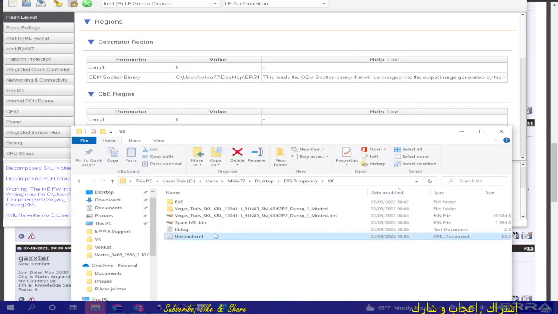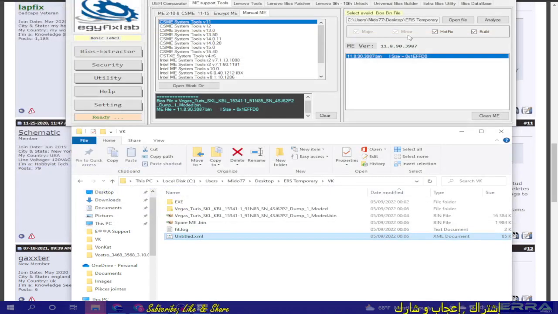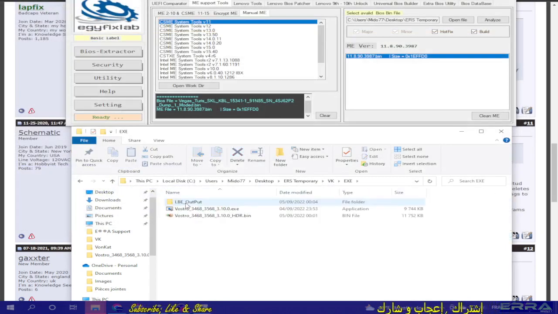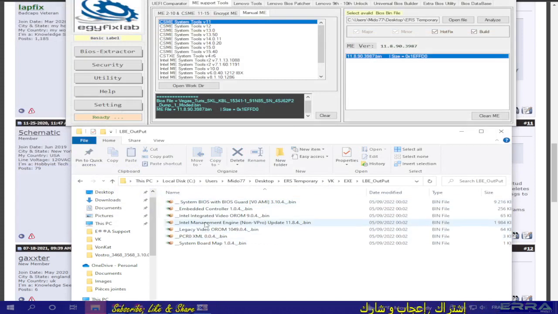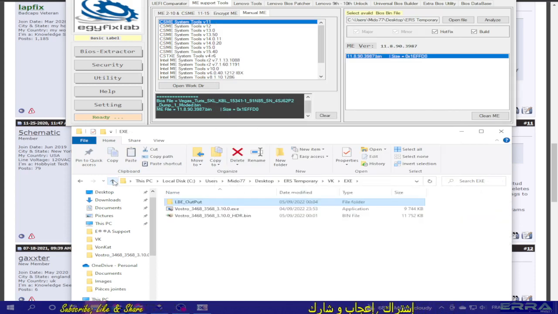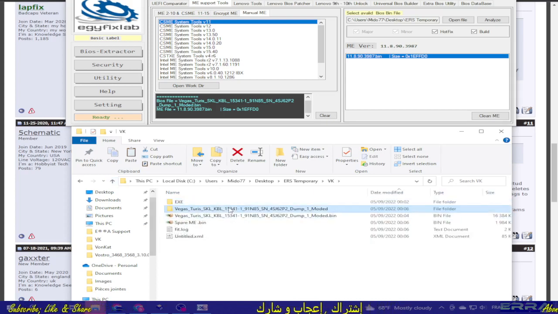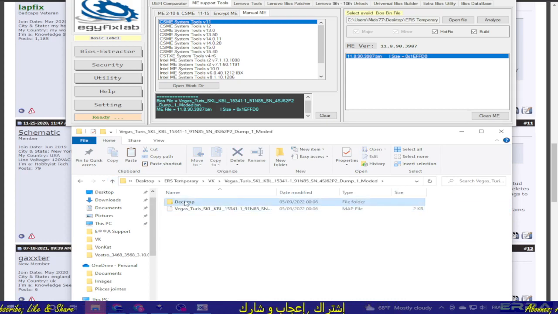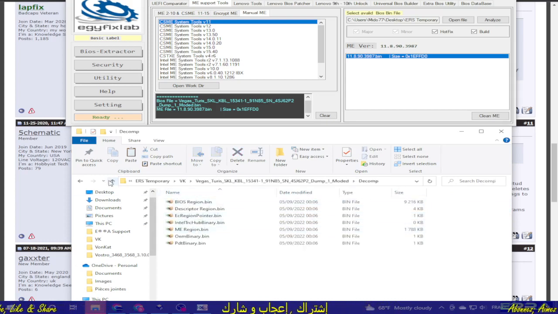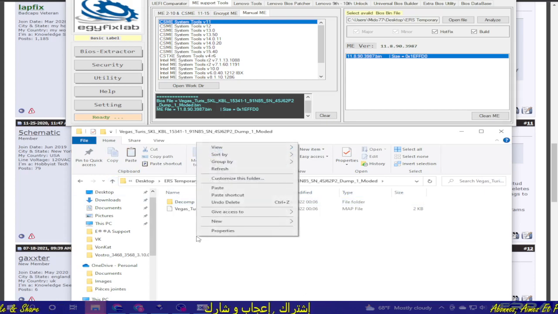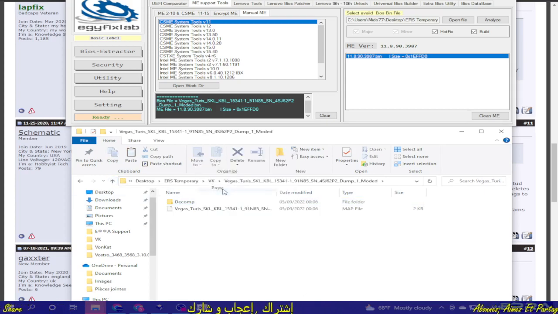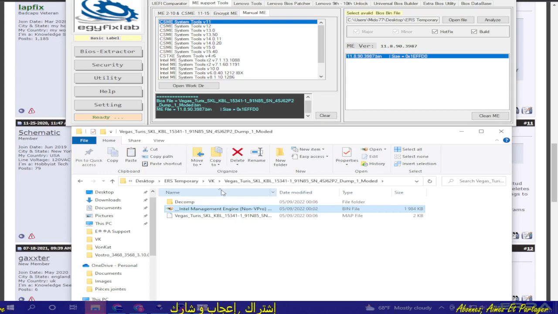So we got it here, and close this. Now go to the files which we have extracted, take the Intel Management Engine by copying it, just copy, don't cut, you may need it again. Let's go to this folder created by the system tools, in which we have the decompression of our modded file. So let's paste that file here and rename it